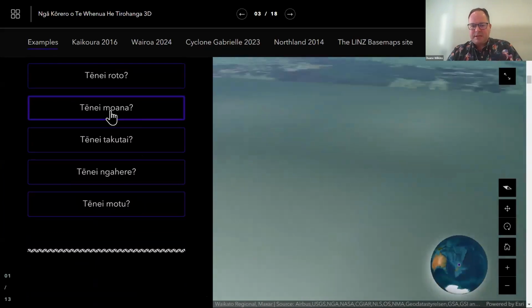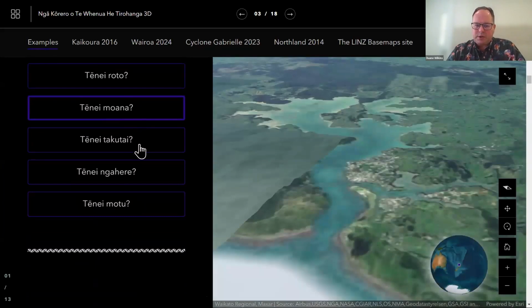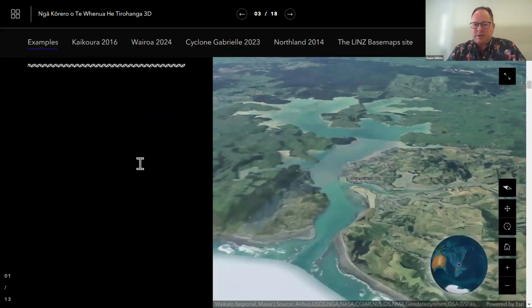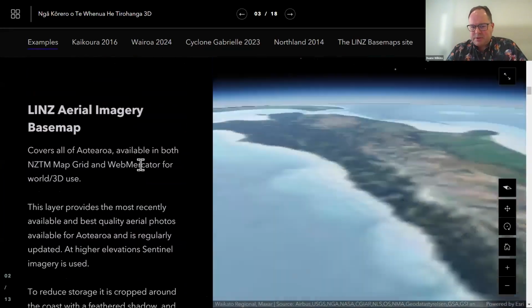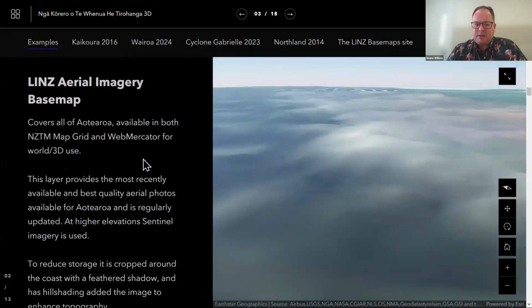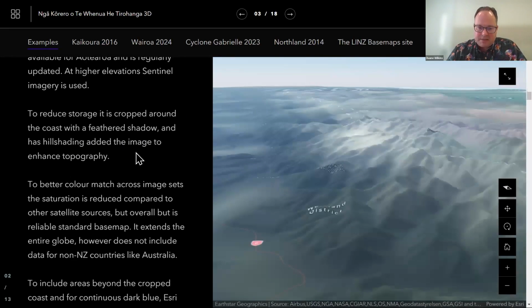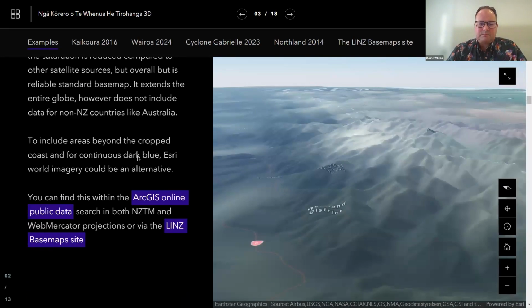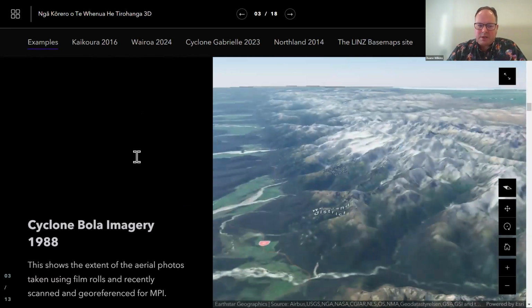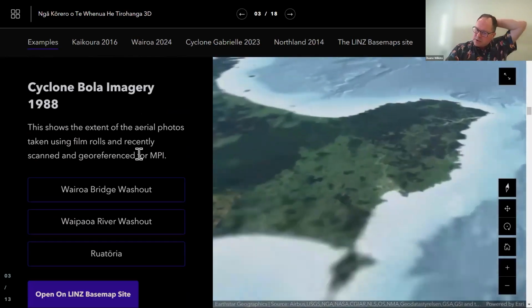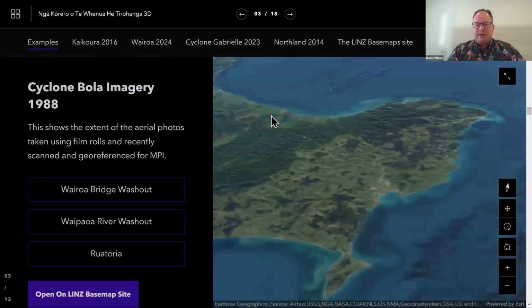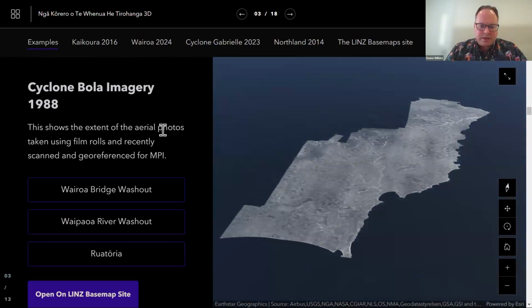So what I've done is I've prepared these as examples of what you can create using the Story Maps tool. And you can see here, this is pulling in the LINZ basemap imagery from the Basemaps site. Now, depending on what software you want to use, if you want to use QGIS, which is free, then you can use the APIs, and I'll show you a couple of things on that in just a moment.